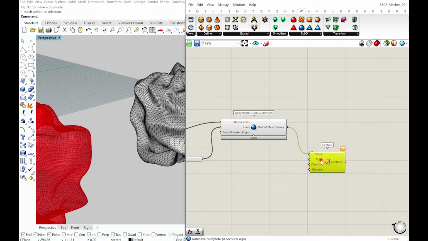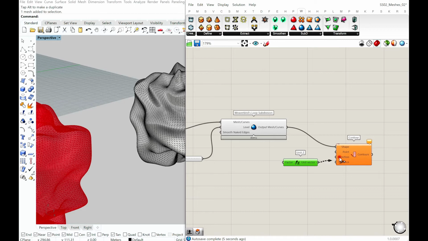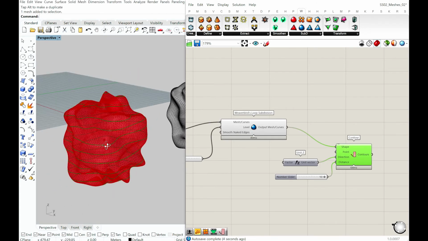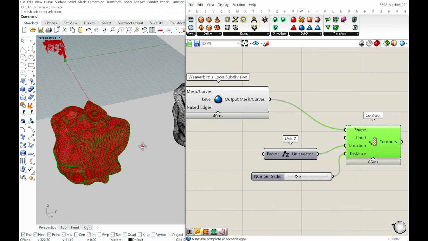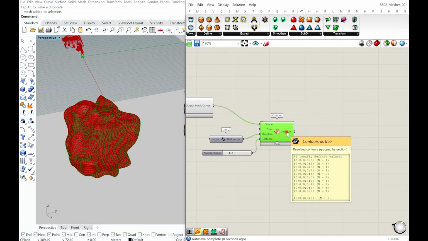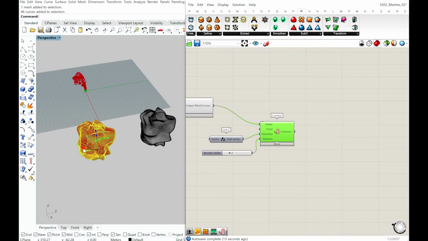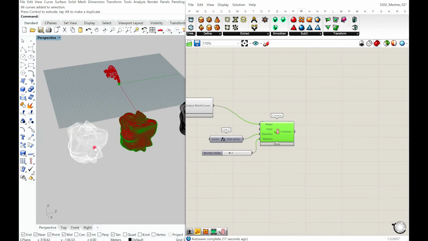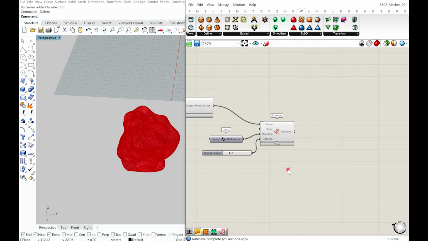I can contour it. Now I have the form, and it's up to me how I wish to contour it, which is kind of interesting because you're creating a form and then you're articulating that to something else.